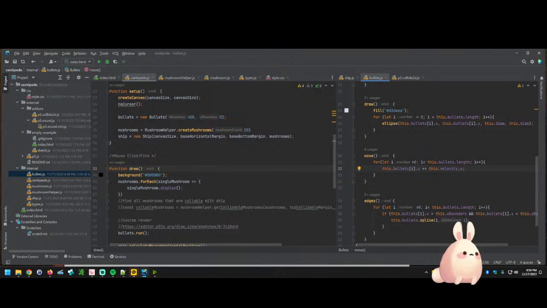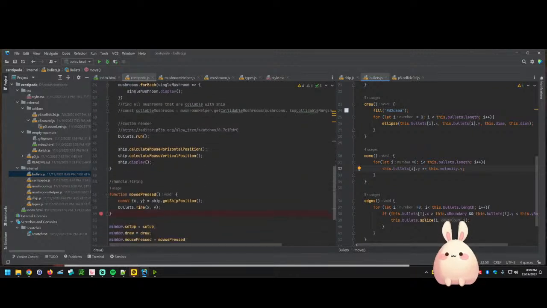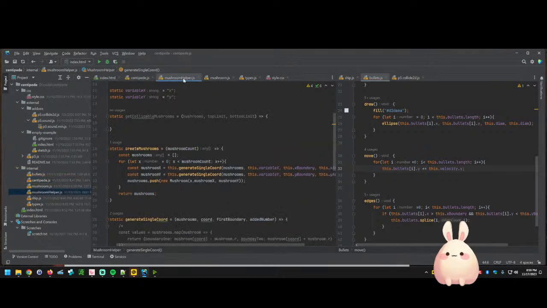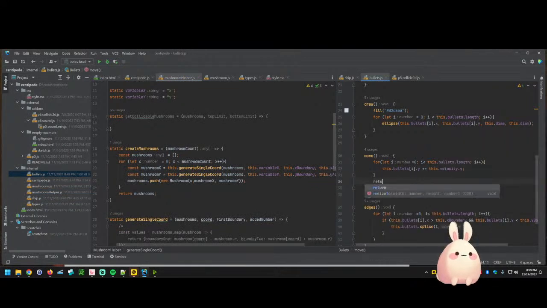That's the bullet's Y. So we should send the bullet's X and Y to our mushroom to know whether it's been hit. So we'll take away the breakpoint here. So when we do a move, return